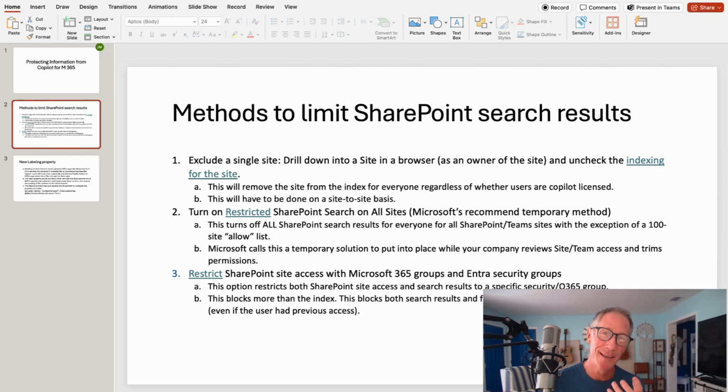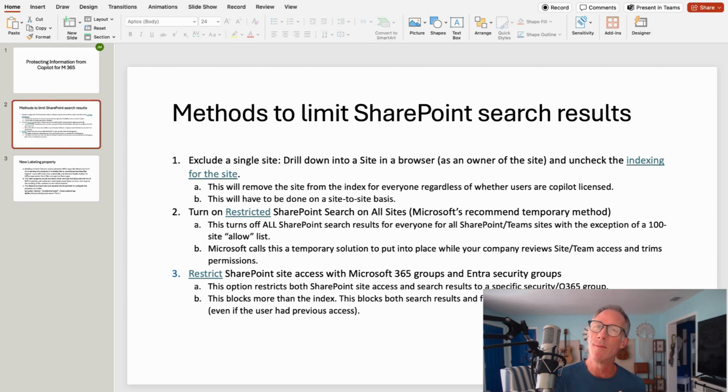Probably a big issue, because one thing that people are worried about, and rightly so, is that we've created a bunch of SharePoint sites and teams. And at my company, for instance, let's say that when a new person comes on board, we're not quite mature in our permission structures. So what people do is they just copy somebody else's permissions and we make that the same as this person. So if somebody jumps into the accounting department or the HR department, maybe they're copying permissions from somebody that they really shouldn't be,